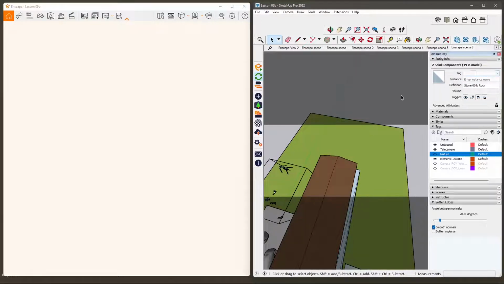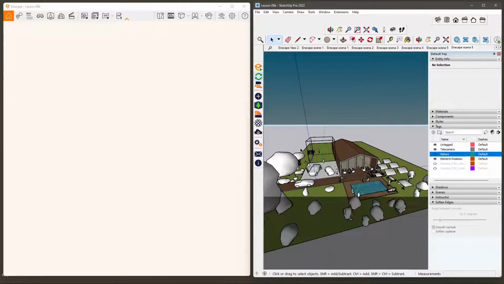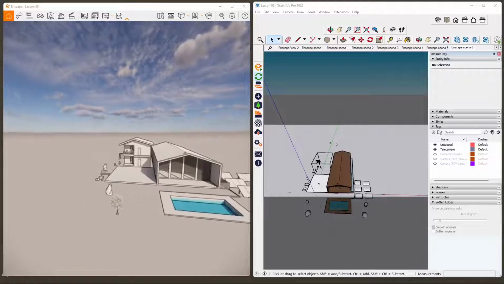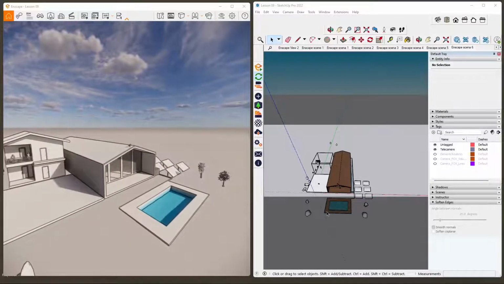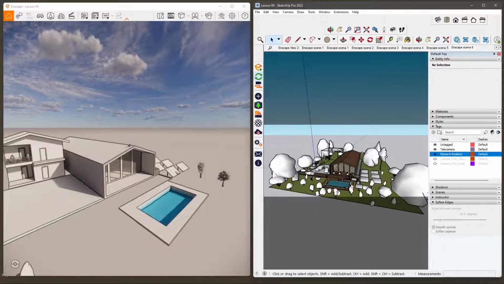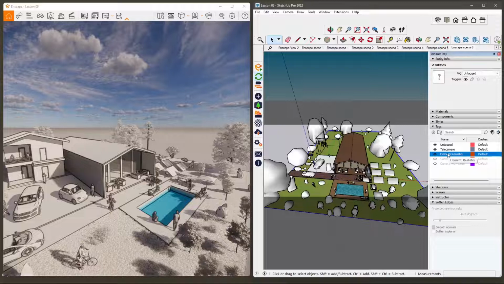Layers and tags are really important in order for you to manage the scene and prepare everything for the rendering. Now, this could be an example of an architecture project, which is getting more technical. You can see here I've hidden a lot of things, actually probably too much, but I can always go back and select the things that I want to place back and just move them from the untag,